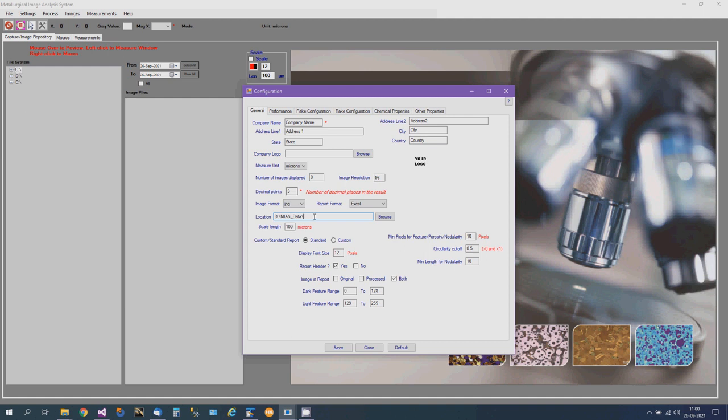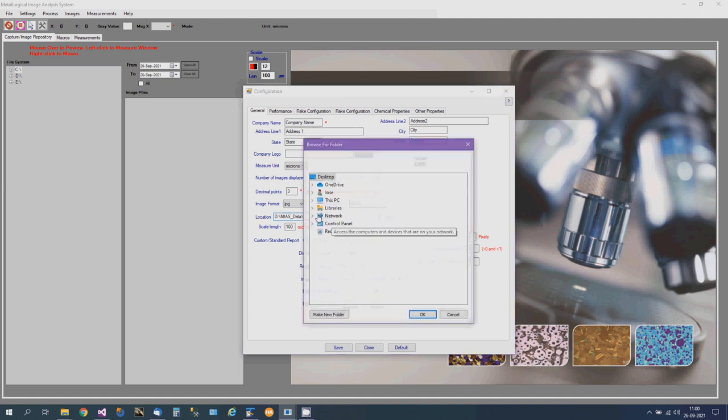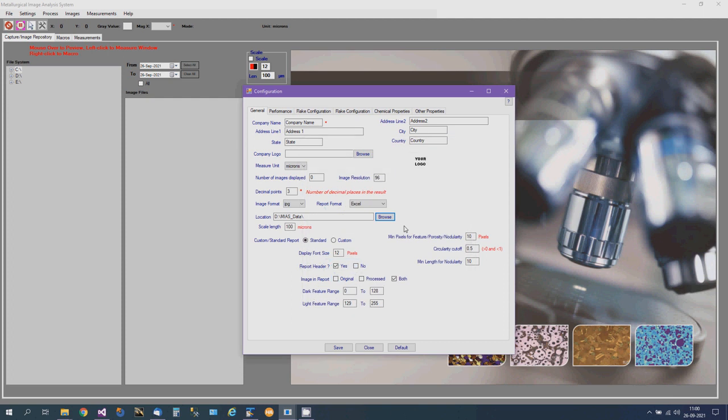Please note one important point here. After installation, when you start the system, you may not have set any default location, so the system will give you a warning message. So what you need to do is, after activation, please come to the configuration and create a default location for you. Any location, anywhere, preferably not in C drive, in D or E drive, with a correct naming terminology that you want to use.